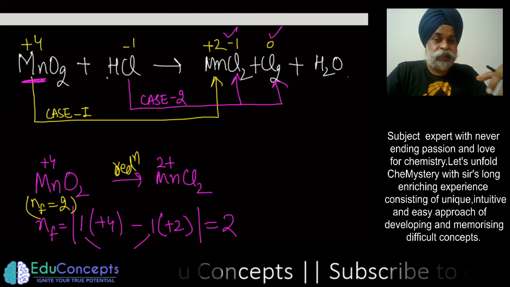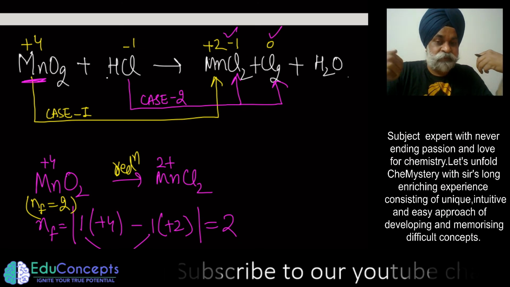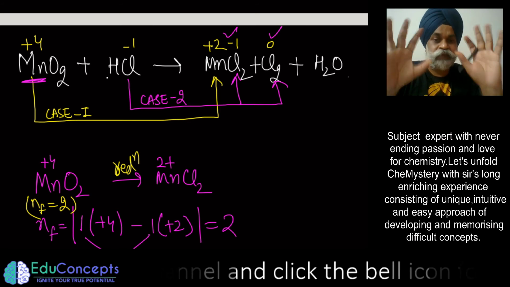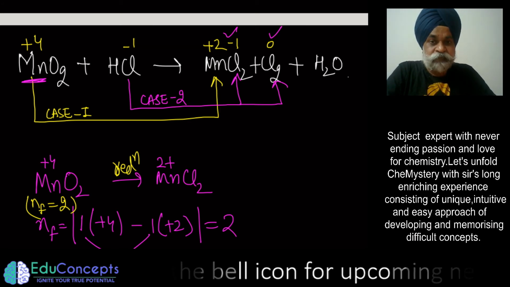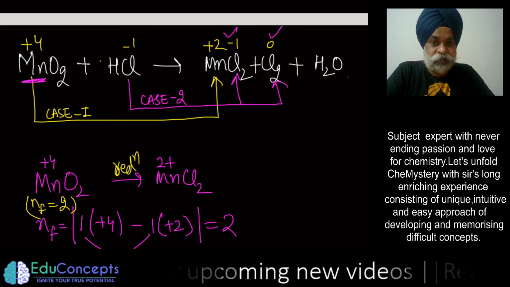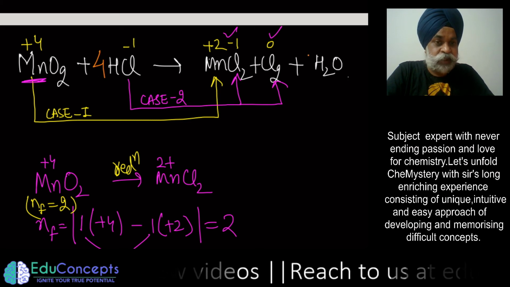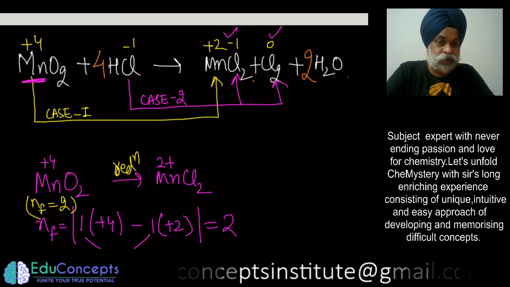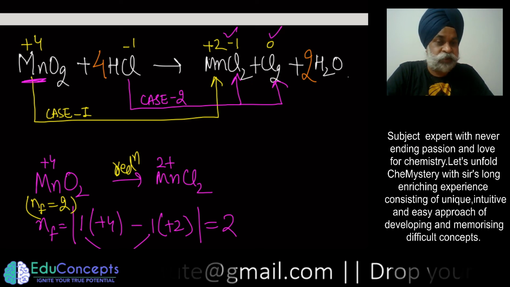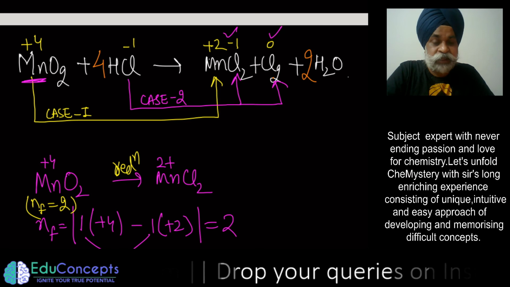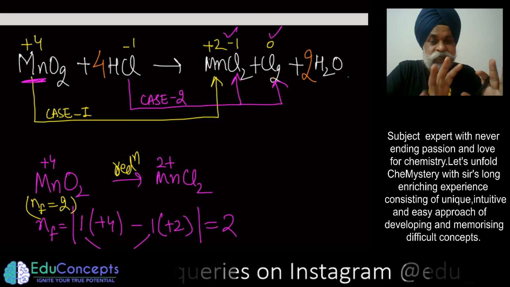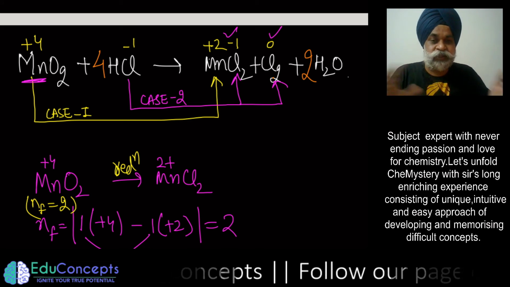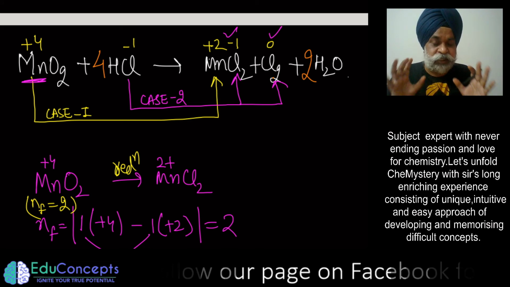But my suggestion would be, at times if you simply see a reaction and just do hit and trial, because ultimately you have to balance the reaction. If I simply place 4 here and 2 here, it got balanced. I just saw that chlorine atoms are 4 on the product side, I put 4 here and it got simply balanced. Then there is no need to go into half reactions, balance them, and look at the exchange of electrons. There is no point discussing that.